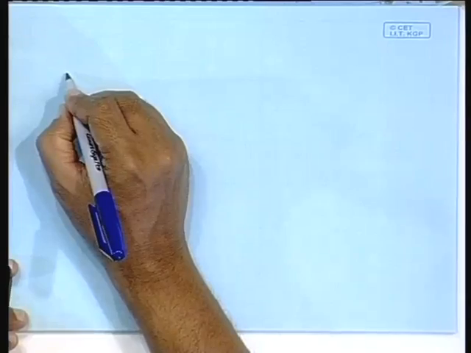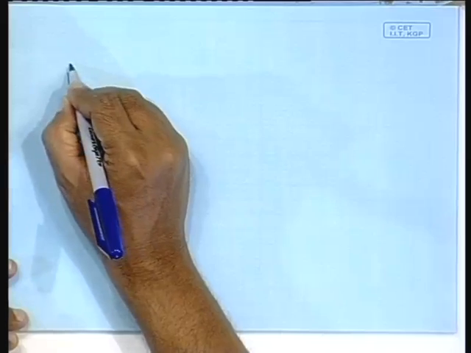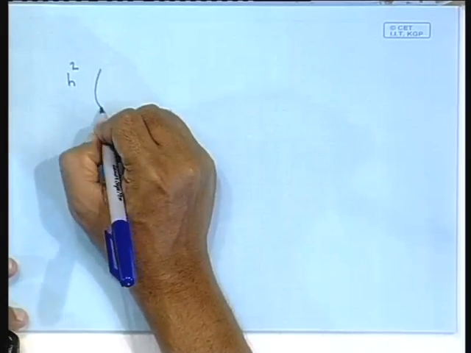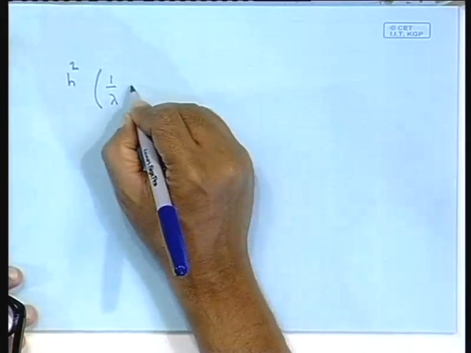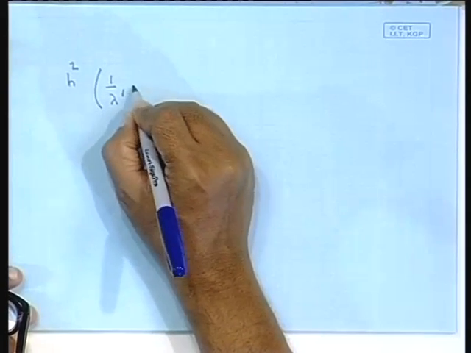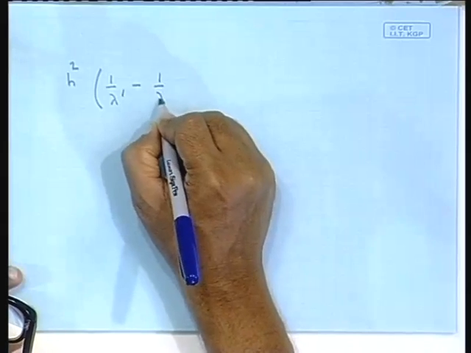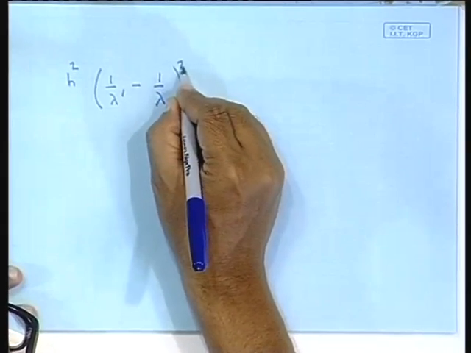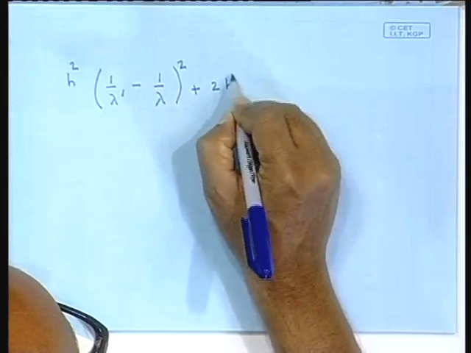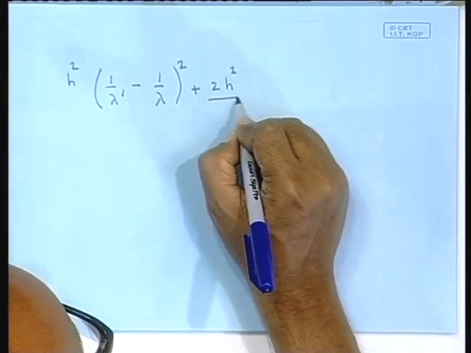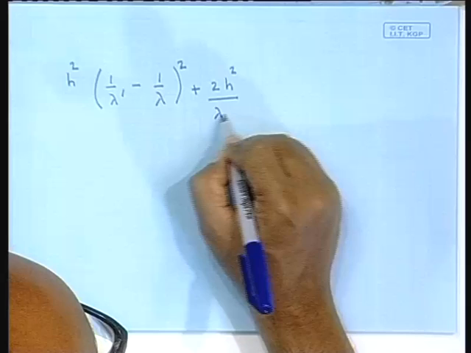So, what I have is this whole square is 1 by lambda prime minus 1 by lambda whole square plus 2h square